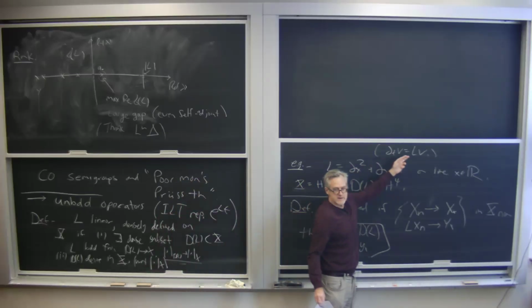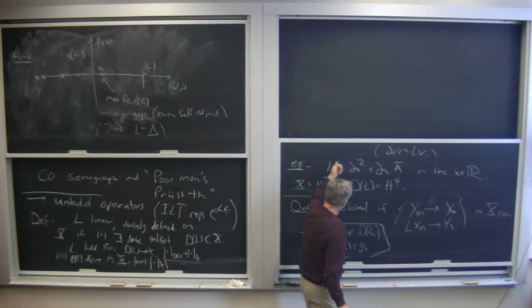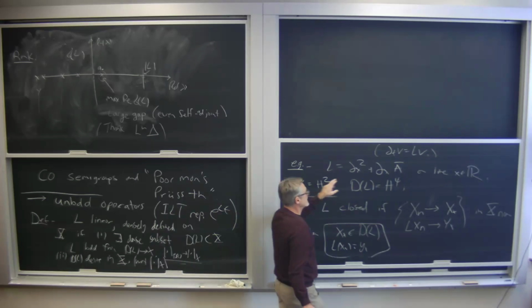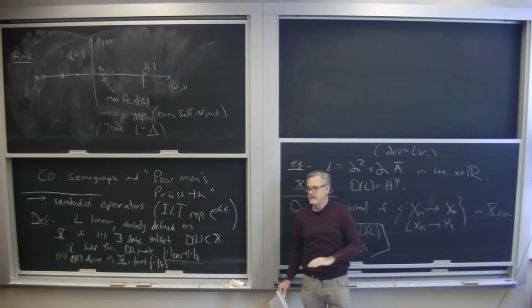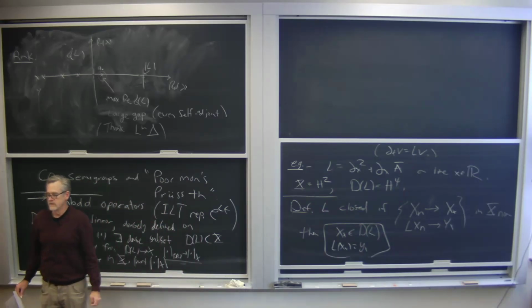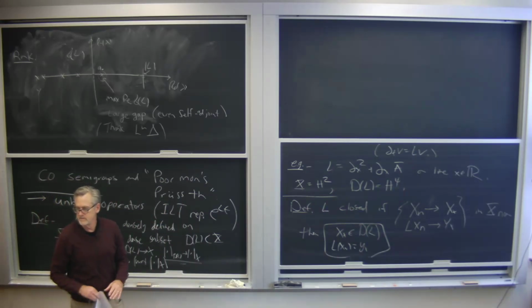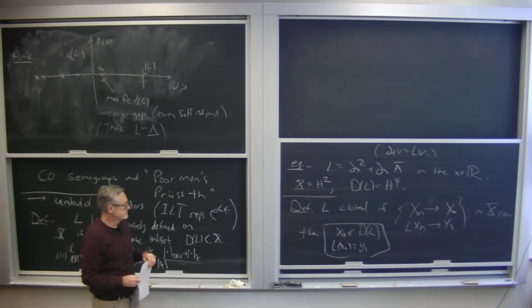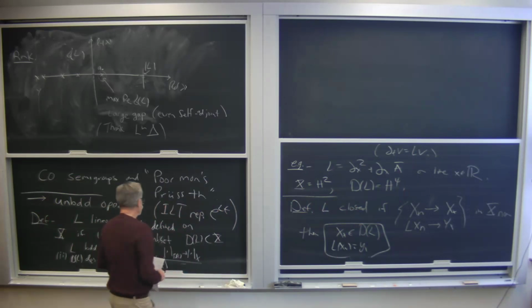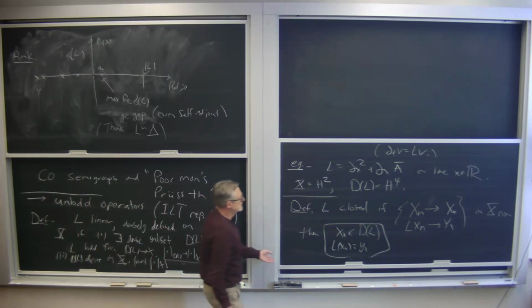I want it to make sense. Then if V is in H2, then LV is in L2. I don't want to go into negative spaces, but I could. You're right, without much trouble. Okay, so in our example,